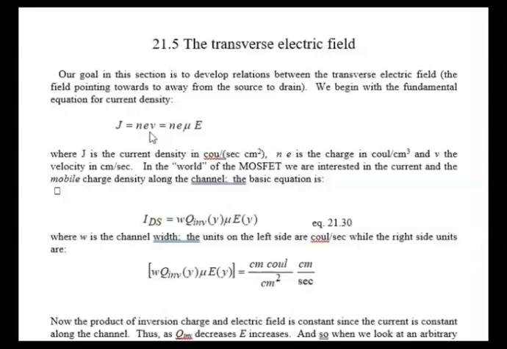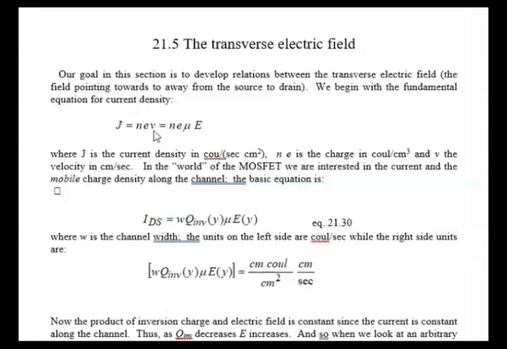So now that promised shift of gears when we start talking about the transverse electric field. So we start with our basic equation. You can't get any more basic than this. The current density is measured in amps per square centimeter, and this is the electronic charge. Sometimes you'll see Q, sometimes you'll see E. I generally prefer E because you can pronounce it easier. Instead of NQV, you just say NEV, and V is the velocity. And we're going to be massaging this quite a bit, certainly in the next session, not in this session.